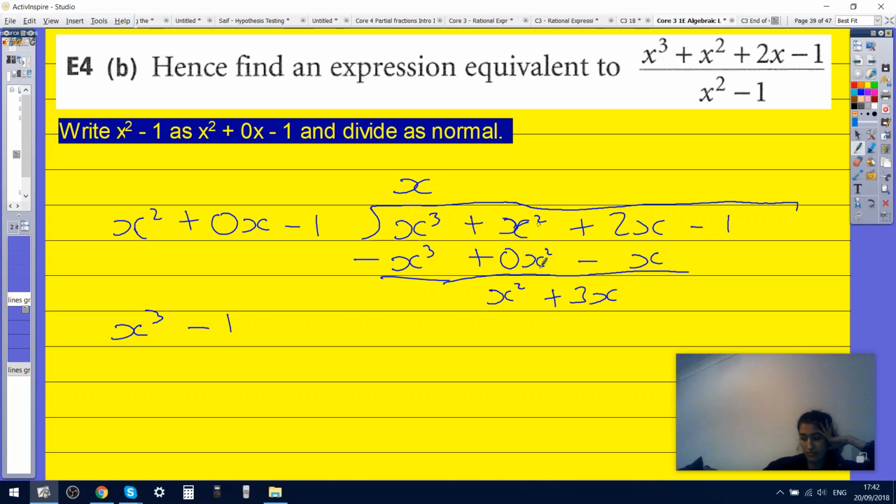So let's take this bottom one. What would you divide into the top one, if you're doing long algebraic division? Do we just do what we did before? So what would be on the outside? So x cubed divided by x squared equals x. Is it? Yeah. And then do